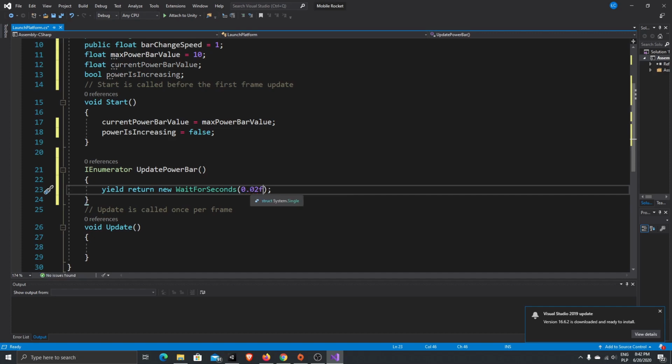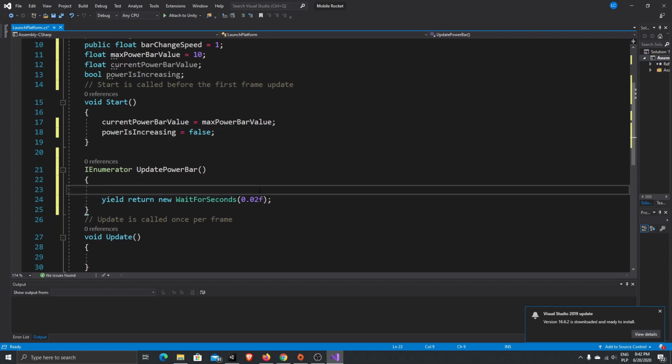So the engine compiler will know that we are casting it as a float value. Okay, so now we'll need a function to change our power bar, and our function will be